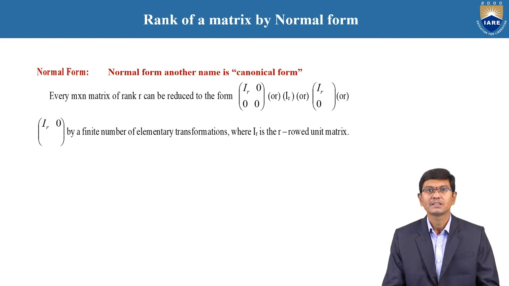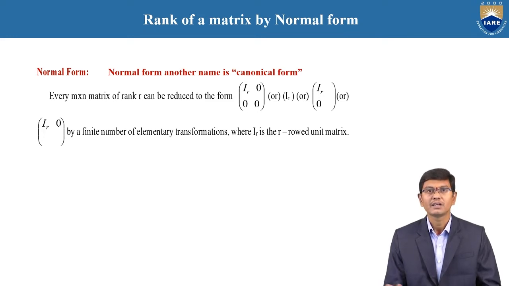In the normal form of a matrix, we use what we know previously, that is elementary row operations and elementary column operations. By using the elementary row and column operations, we need to reduce the matrix to one of the standard forms. That method is known as the normal form of a matrix. The standard form is nothing but a final matrix in the form of a unit type of matrix, which satisfies some of the following conditions.